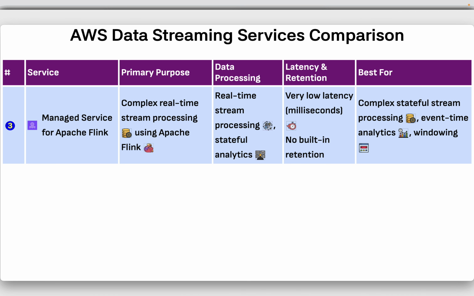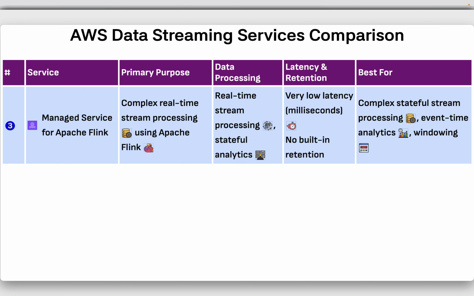AWS data streaming service. Next we have Managed Service for Apache Flink, and this is a managed service. Apache Flink is its own project for streaming data, and now it has a managed service. Primary purpose is complex real-time stream processing using Apache Flink. So basically it has a model where you can do real-time stream processing, and it can handle complicated stream processing also,